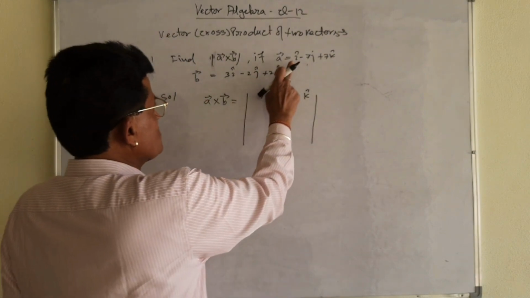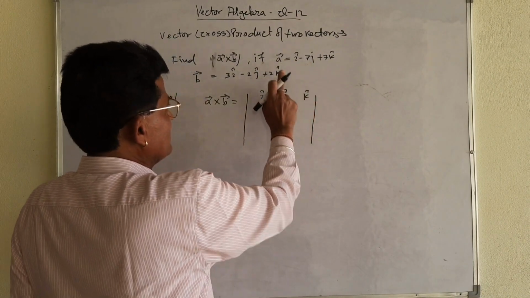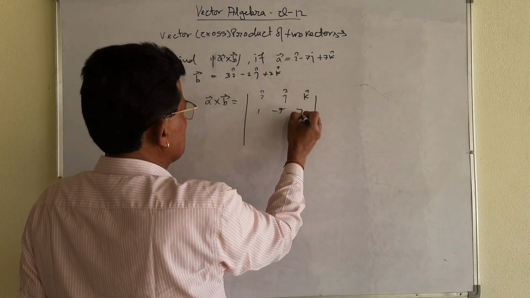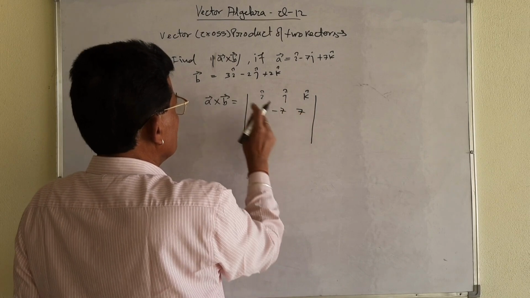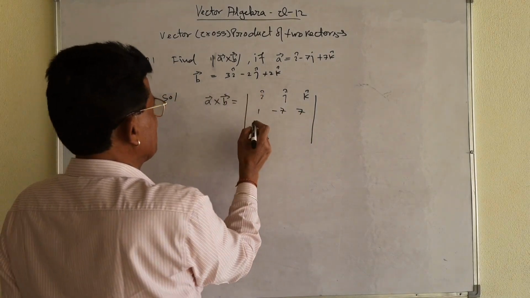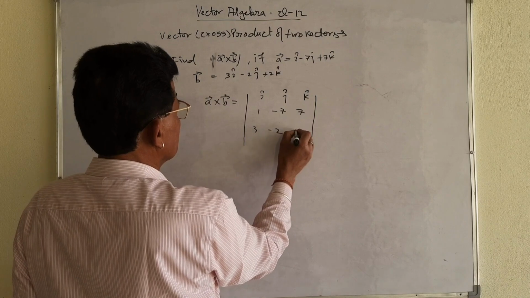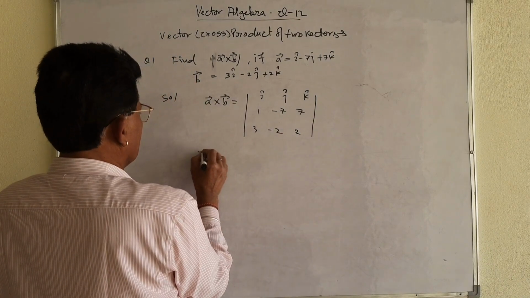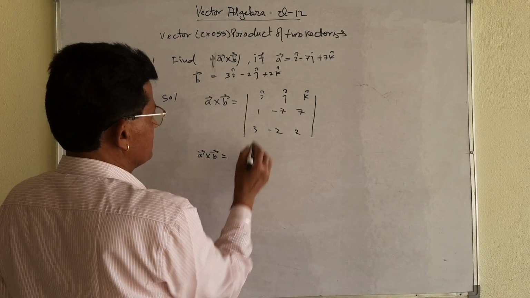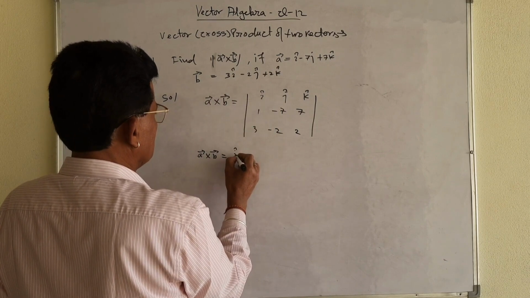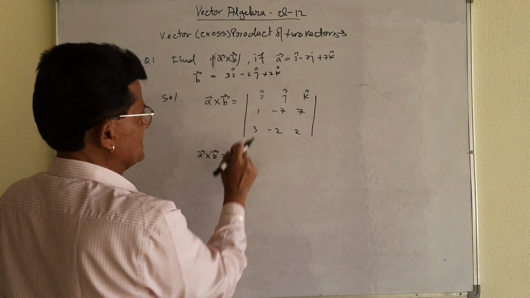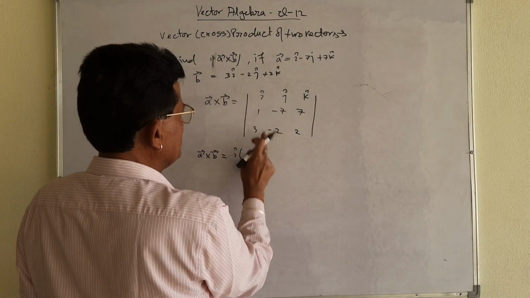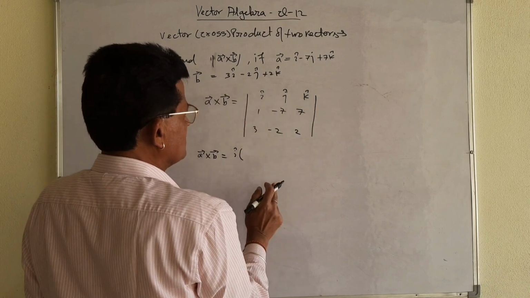First of all, the scalar components of the vector A, that is 1, minus 7 and 7. Then similarly, scalar components of the vector B, 3, minus 2 and 2. My dear student, you must see how you can find the determinant value. First of all, you write i vector. देखिए यहाँ पर अब इसकी वैल्यू भी समझ जाएगी, how to find the determinant value. Leave this column, all the elements of this column and row. देखिए i के लिए केवल ये कॉलम डिलीट कर देना, ये रो डिलीट कर देनी.